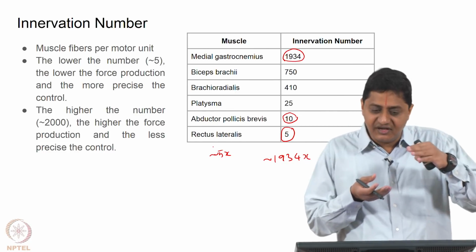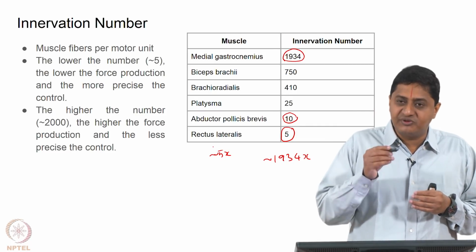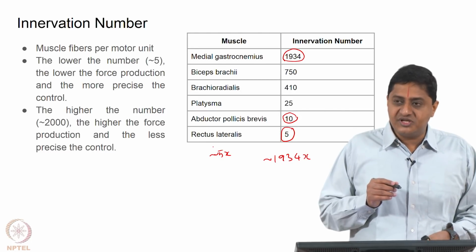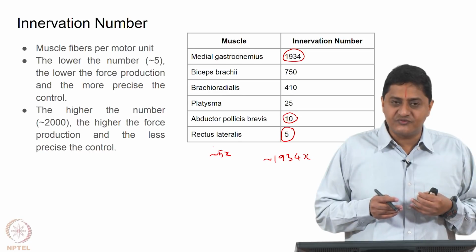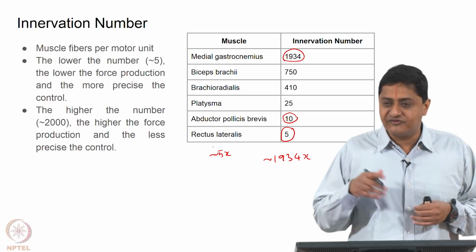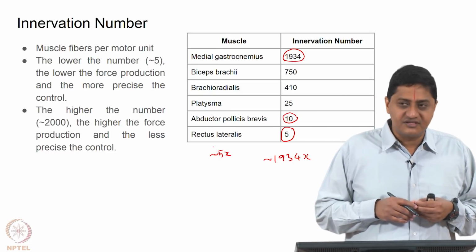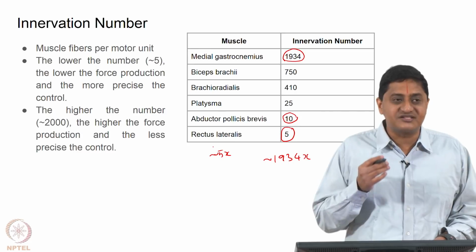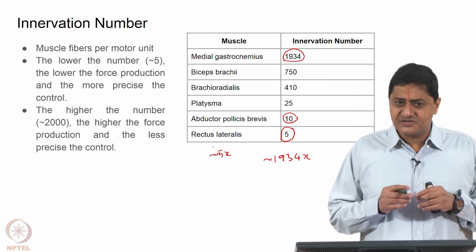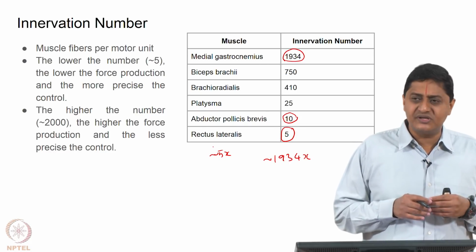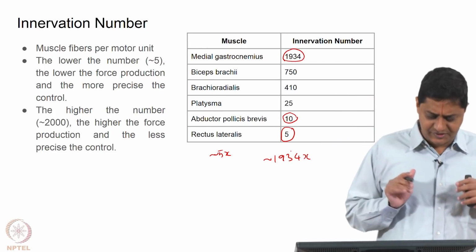This is what we said. Within a fiber, if force has to be added across multiple fibers, then there has to be phase agreement, or in some sense they all have to produce force at approximately the same times. If the forces are not in sync, or they are out of phase, then it is possible that the forces may not sum. The time at which it reaches is only approximately the same. So, the force summation is also only approximately true. So, this 5x and 1934x is approximately true.